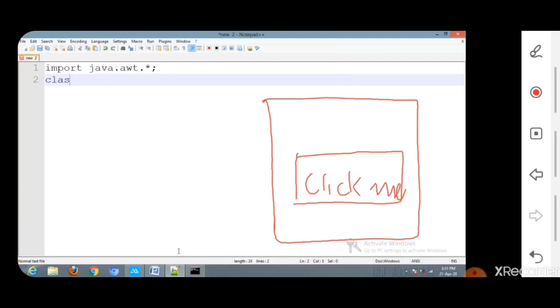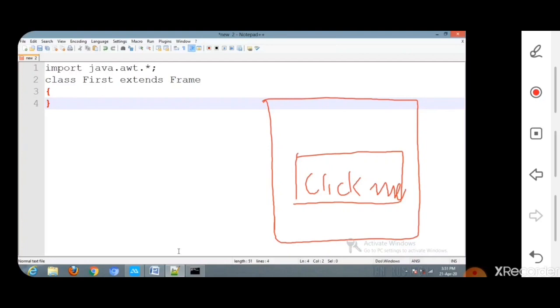So class, the name of the class is first, extends Frame. Here we are going to define only one class, which contains all the methods including the main method. Otherwise we can create two classes, one for holding the frame method and another for holding the main method.